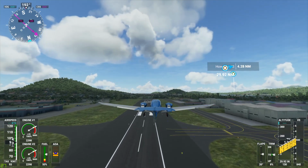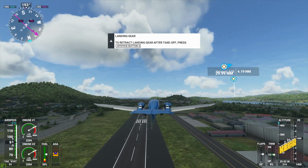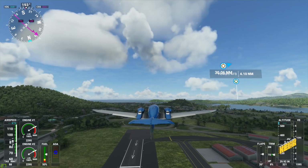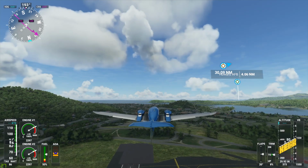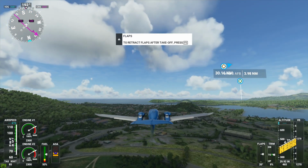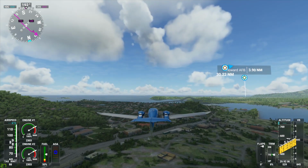Right, so let's jump up to 500 feet and have a little look-see around. My god, this is gorgeous. Now, because I haven't been here, I kind of assume...